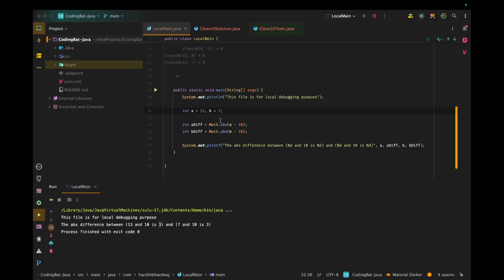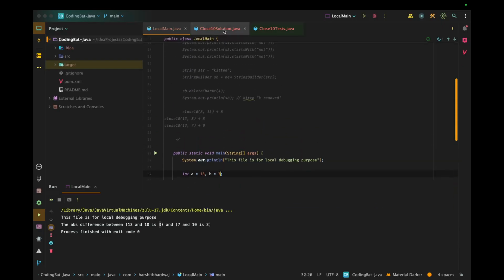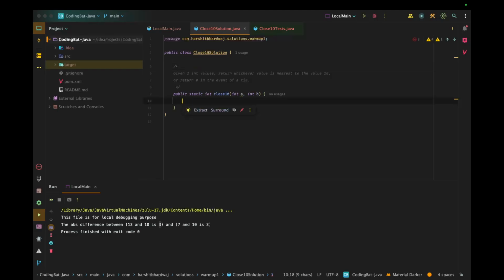So we just need to calculate the difference between both a and b. If a_diff and b_diff are equal, like in this case, we can return 0. Else we have to find which one is smaller and return the corresponding value. Let's write the logic now.